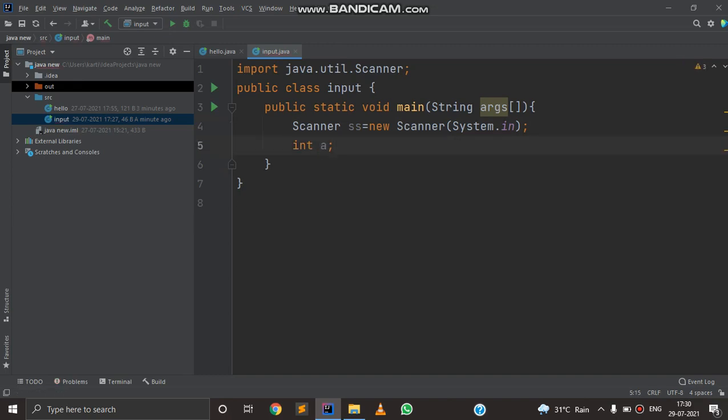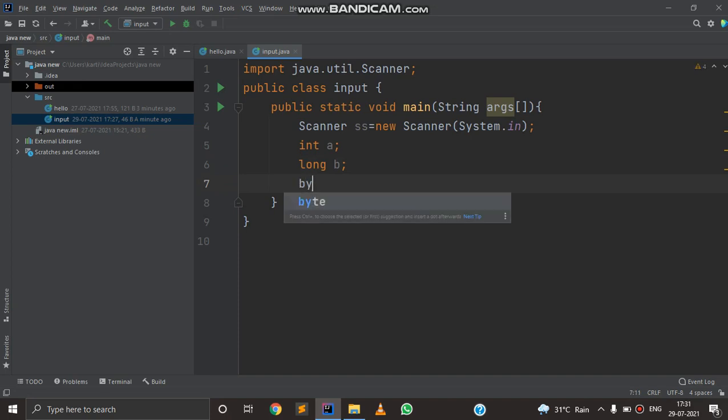Integer data type has a default value of 0 and it can store a value of -2 billion to +2 billion. Now long can take bigger values than integer data type. It can take values from -2 trillion to +2 trillion.